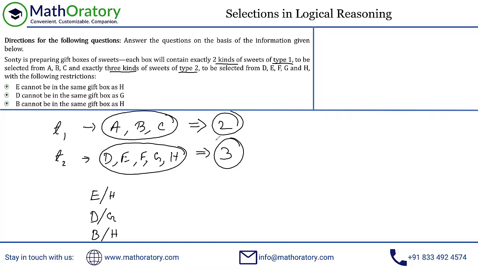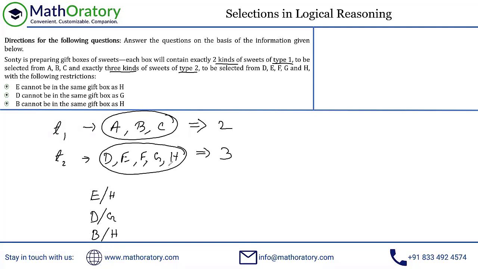So any kind of this grouping thing, whenever it happens, more often than not, you'll have some number restriction to it. It's not always, but more often than not. So whenever you have a number restriction, what I try to identify is these kind of things. This OR type, whenever it happens, whether they are from the same group or from different groups. For example, if you look at this E or H thing, E and H both are from the same group, right? They are from type 2 itself. Similarly, this D or G, D as well as G are from the same group. Now, as opposed to that, if you look at B or H, B and H are actually not from the same group. They are from different groups, right?